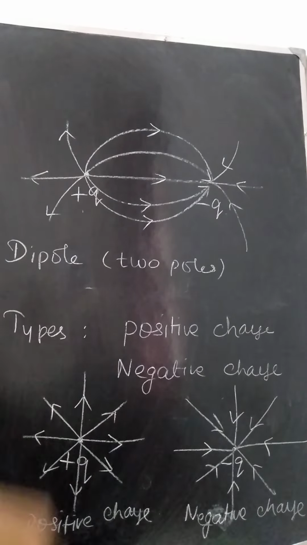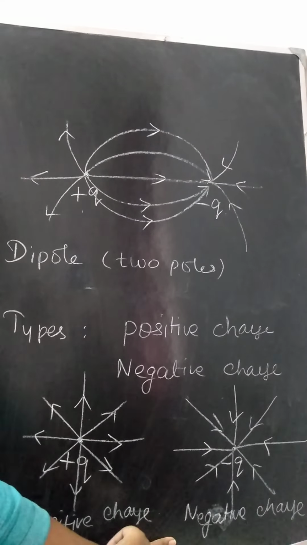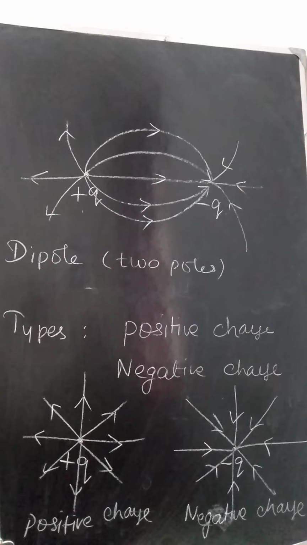So this is known as a dipole. First case positive charge, next case negative charge, third case dipole. Then the fourth one,